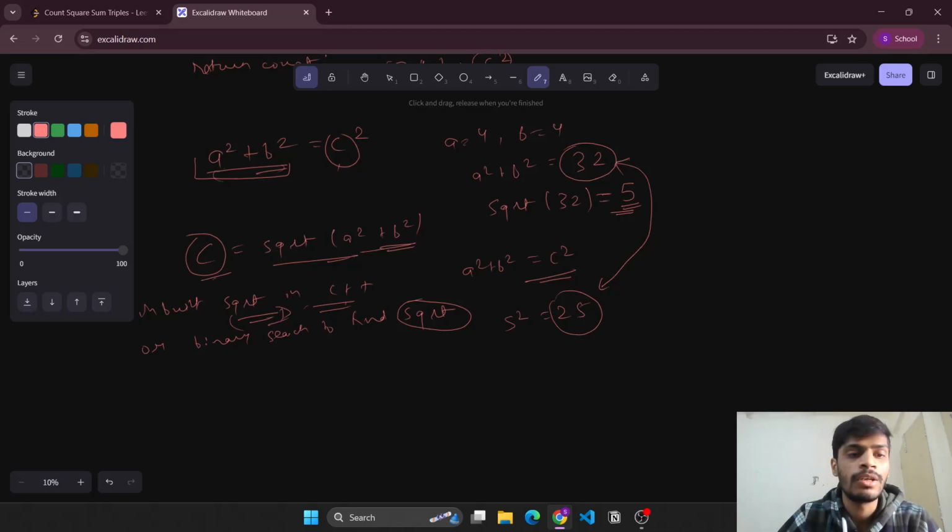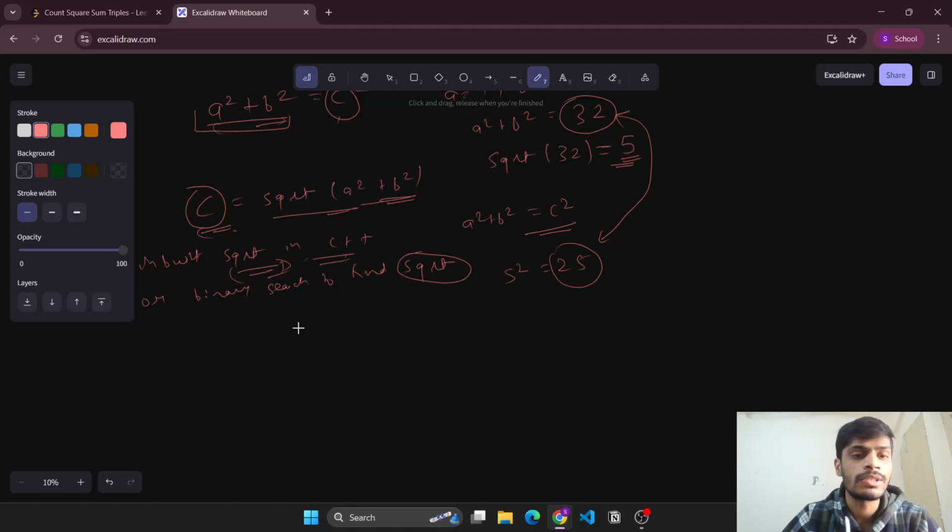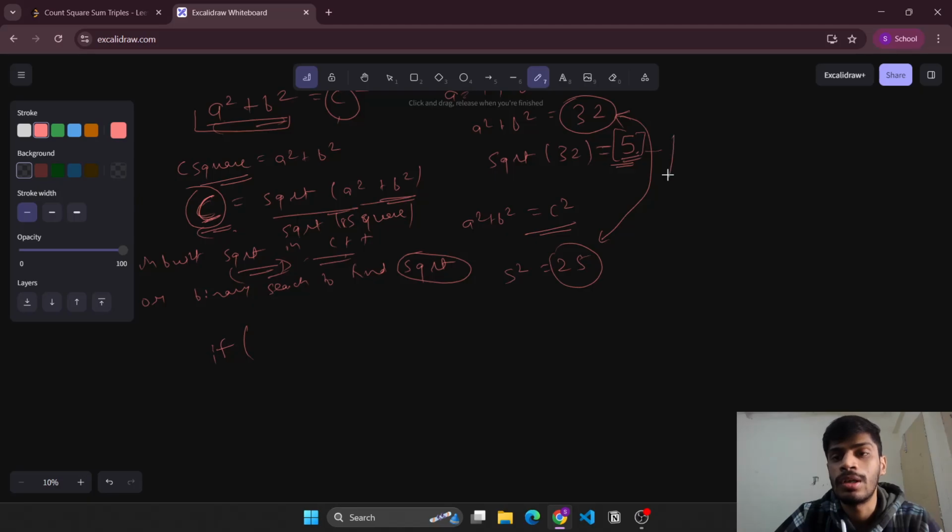So in the end we need to check whether the c that we have gotten is valid. The c square value is simply a square plus b square, and hence c will be the square root of c square. Now we need to see whether this is a perfect square, then only c will be a valid integer. Otherwise it will be some other number like 5 point something, which was rounded down to the nearest integer. So we need to check whether c into c is the same as c square,